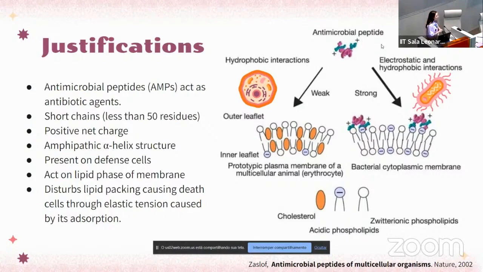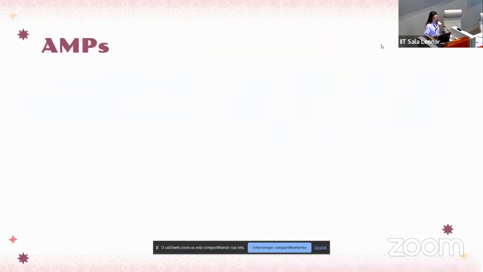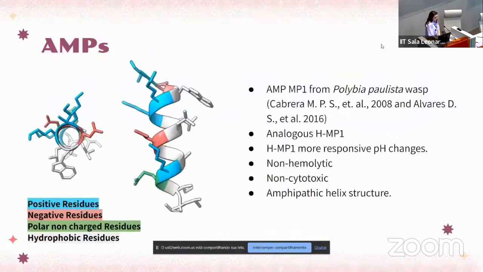And they are present in the defense cells of a lot of organisms, and they act on the lipid phase of the membrane, so they don't need a receptor. They act by disturbing the lipid packing, causing cell death through the leakage of the interior of the cell, the cytoplasmic material. So the AMPs that we worked with are MP1, that's from the Polybia paulista wasp from Brazil, and